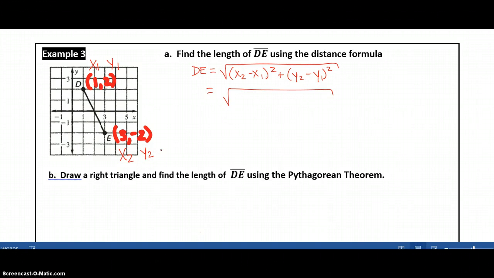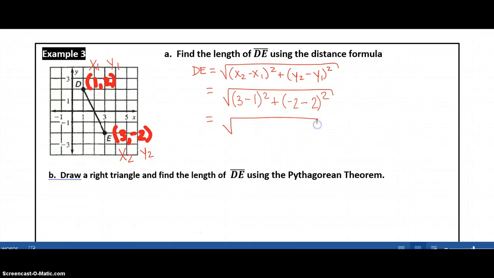Now, it does not matter which one is point 1 and point 2. It does matter that you go xy, xy. So x2, in this case, is 3, minus x1 is 1 squared, plus y2 is -2, minus y1, which is 2, squared,